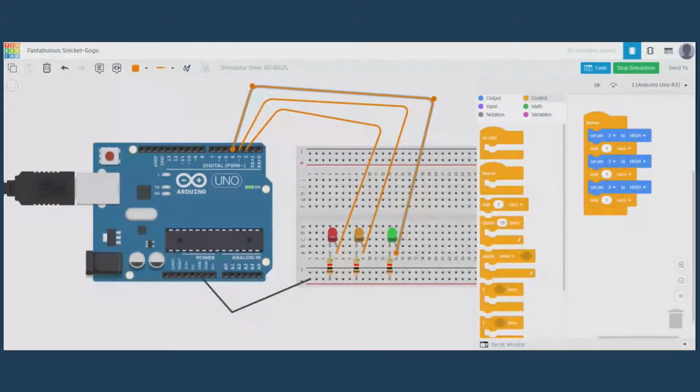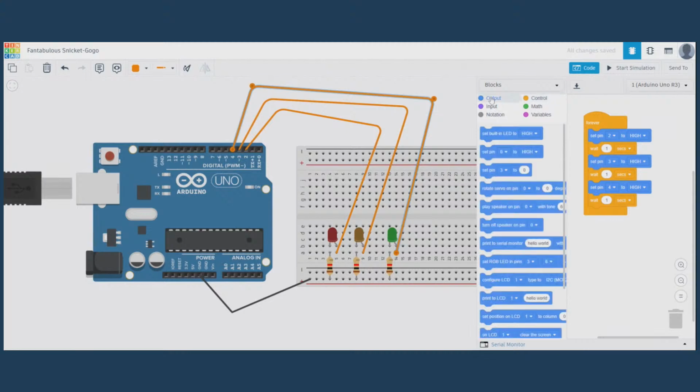See, all the lights are turning on, right? But I don't want it like this. I want it like a traffic light: first the red will glow, then the orange will start, and then the green. So what you're supposed to do is, first it will start to glow, and then pin number 2 should be on. Pin 2,